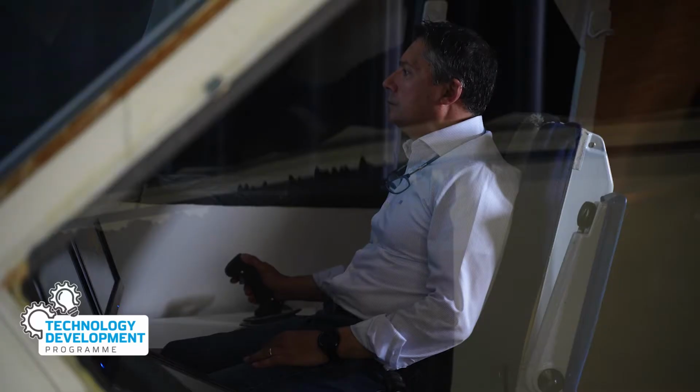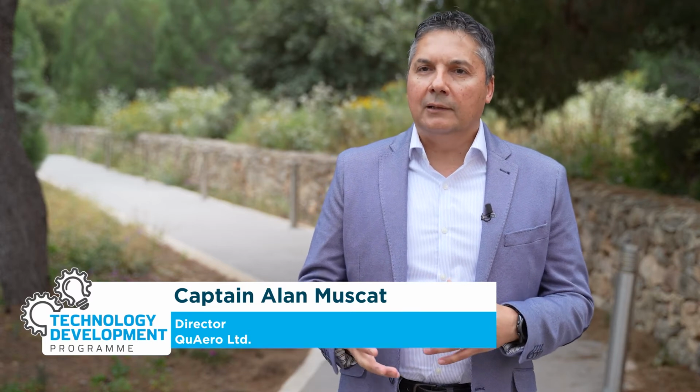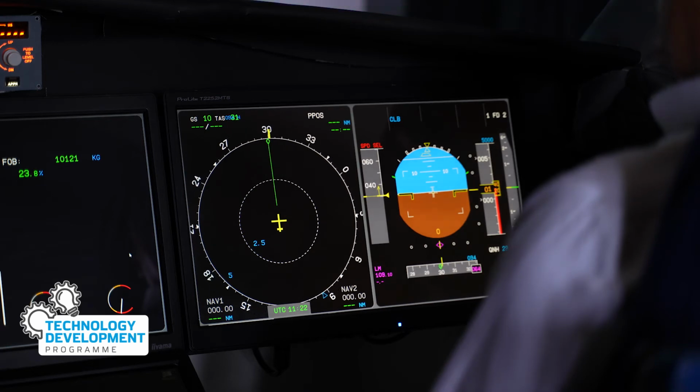Quero initially was involved in the requirements capture in the project. This involves looking at how the pilot normally operates during the taxi operation, in this case seeing what the pilot does during taxi, and then identifying how to translate these into a way where the new technology could enhance how to do these tasks. Then after that, I was involved a lot in the testing phase where we trialed it